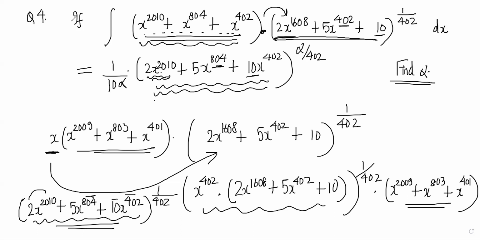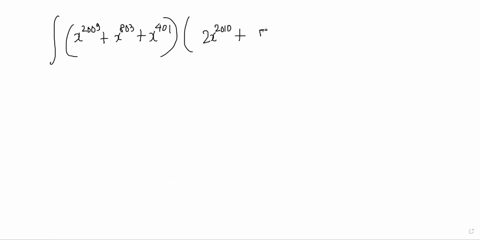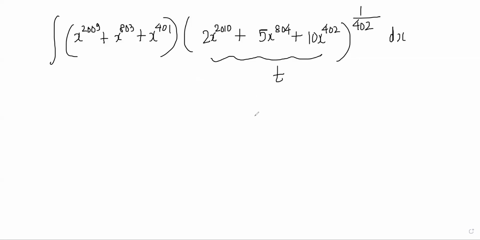So the question is actually done now, and this is becoming basically, we'll write it like this: x^2009 plus x^803 plus x^401, and inside we have 2x^2010 plus 5x^804 plus 10x^402 whole to the power 1 by 402 dx. And we take this as t. And what you get is t^(1/402). And when you differentiate this,